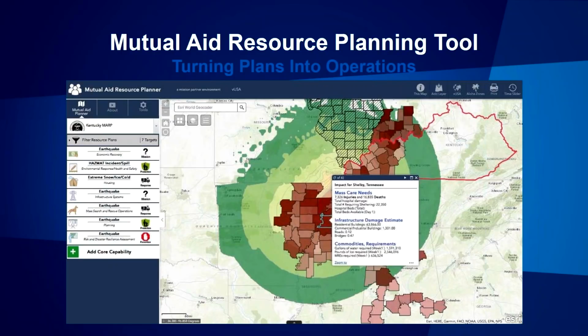Well, when that event happens, you basically just launch the MARP tool, you select that type of disaster and that level, and it would dump your pre-assigned or predetermined resources that you need for mutual aid into the MARP tool, and so into the NMAS tool. And so what happens then is it takes all the things that you pre-identified and goes ahead and starts requesting those resources while you're trying to figure out what else you're going to need. So this is really exciting on our behalf, and we're really looking forward to working with the NISC folks and incorporation of the MARP tool into NMAS.